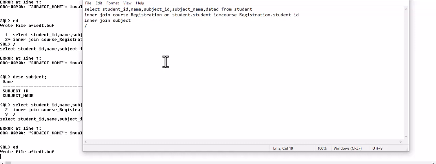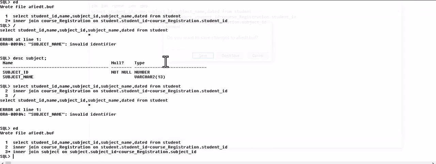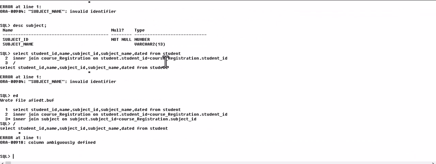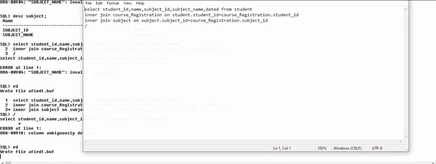So inner join subject on subject.subject ID is now equal to course registration.subject ID. Column ambiguously defined. Now student ID is common in both tables, so we will write the table name here. We can write any table name, either student or course registration. There is no restriction on that, but